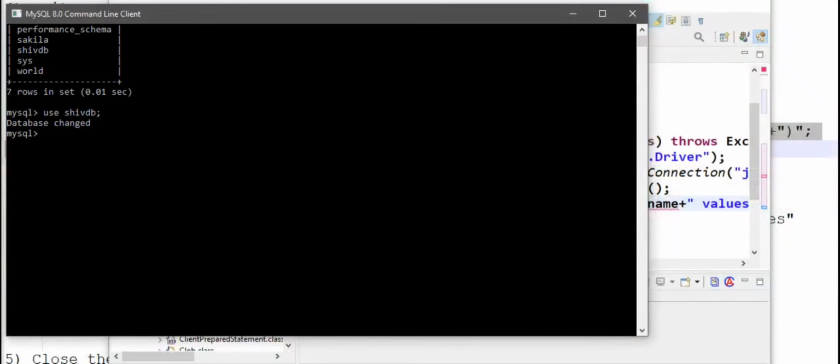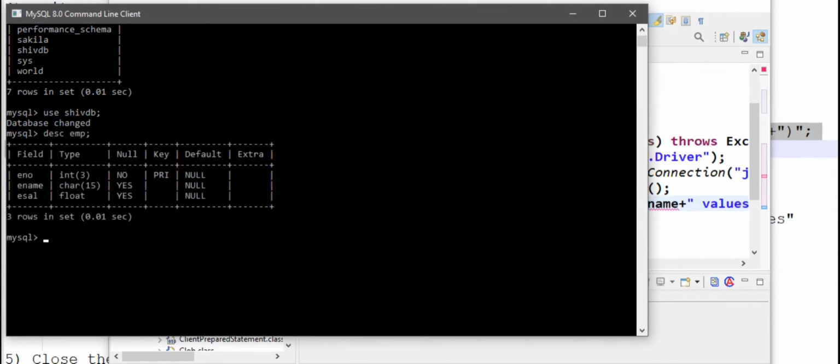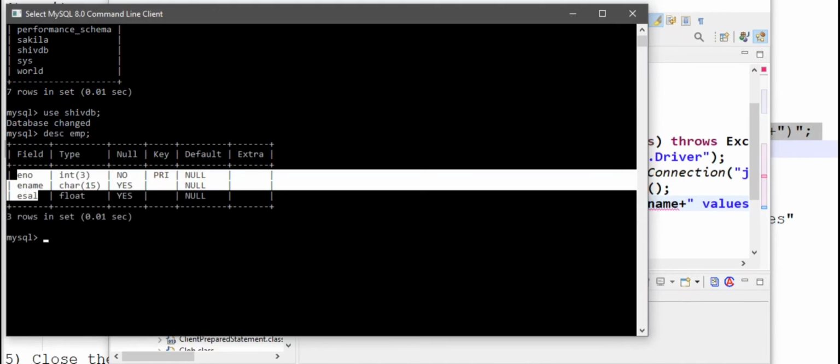In this ShivDB I have already created a table named EMP, with the fields employee number as ENO, employee name as ename and employee salary as esal with these data types.